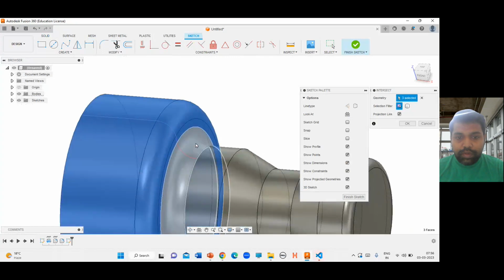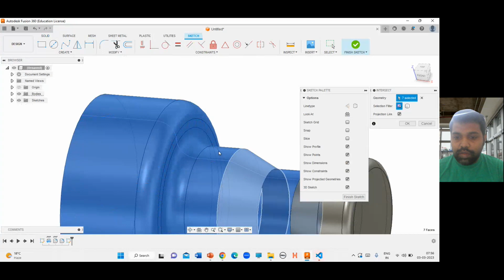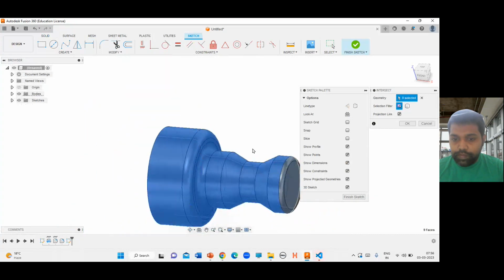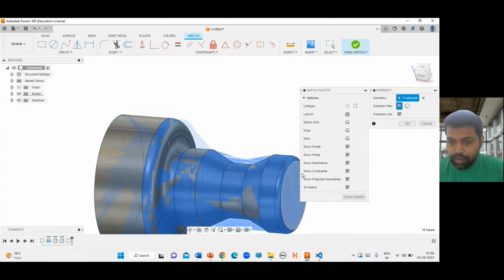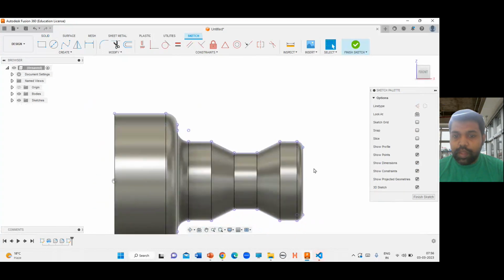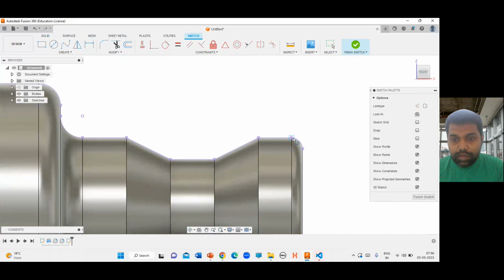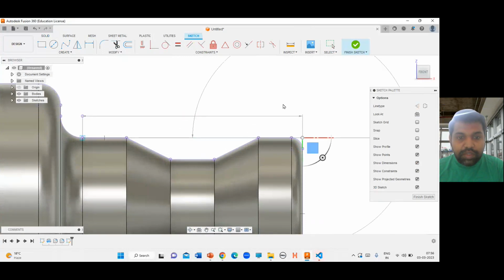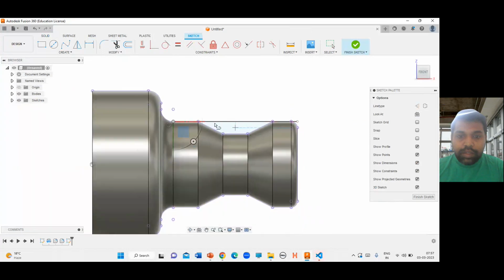I'm selecting all the faces in this particular view so that it will be easy for me to make the traces. Able to create these traces which will be useful for us, and finally I'll be creating another line which will be used to do the chamferings, and this is a straight line. We'll be using it to turn the